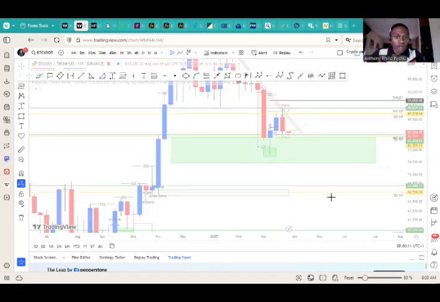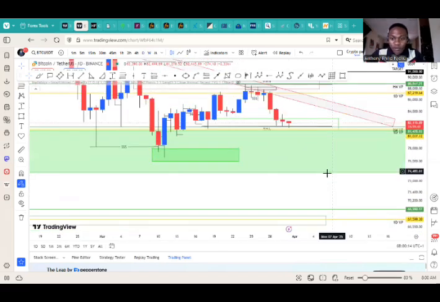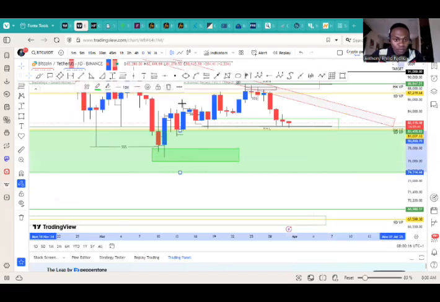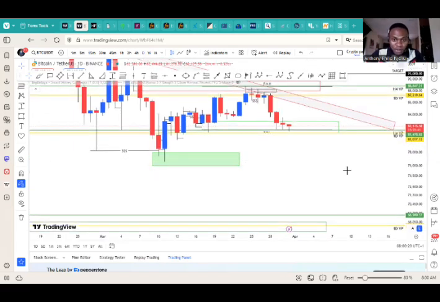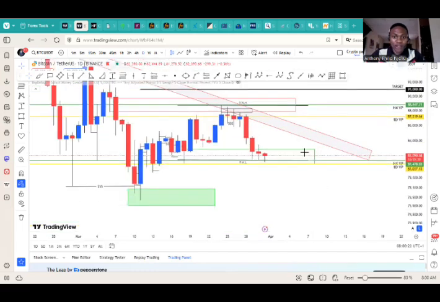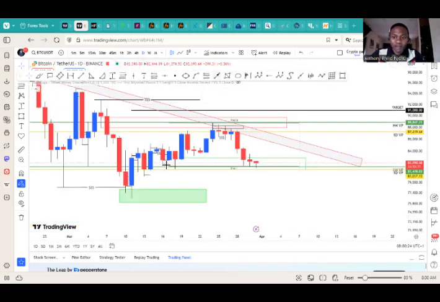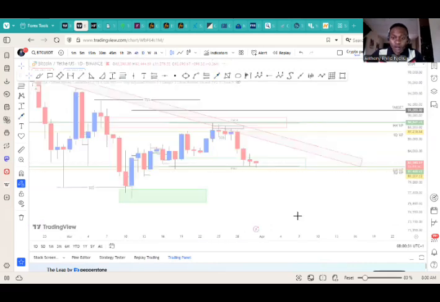Let's go to the daily time frame. On the daily time frame, what do I spot out for? I spot out the daily demand and supply. So I spot out the daily demand already and daily supply. This candle over here is the daily demand. This blue candle over here is the daily supply. Good. Then we go to the 4 hours time frame.